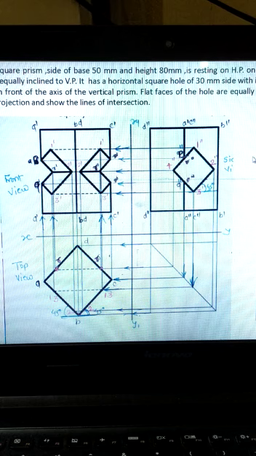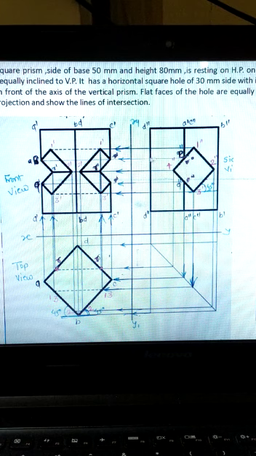So you have to find out which will be the visible points and which will be the invisible points. When we are looking from the side view, the points 1 double dash, 2 double dash and 3 double dash are near to the observer. That's why they are clearly visible. So draw a dark line 1 dash 2 dash, and 2 dash 3 dash. Again, for the left side, 1 dash 2 dash and 2 dash 3 dash.